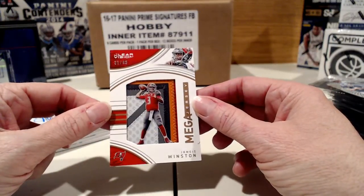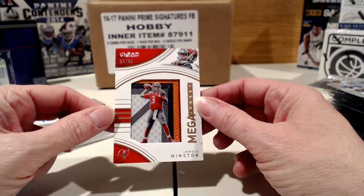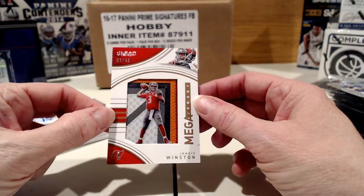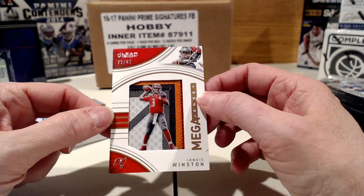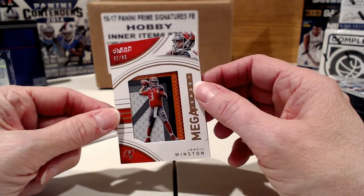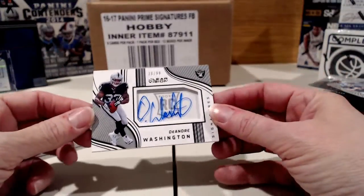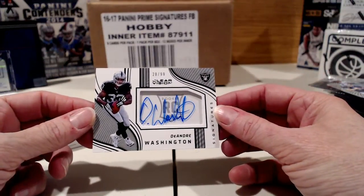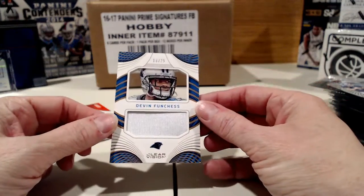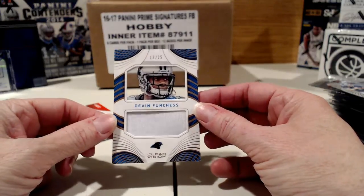All right, so here are our hits recapped, just our main hits, not all of our numbered inserts, from our Clear Vision case break. First up, we have for the Bucks, our Jameis Winston patch, which really is an awesome patch. That's pretty sweet, guys. As far as patches go, that's a nice one. Next up, we have for the Raiders, DeAndre Washington rookie signature. We have our Devin Funchess, close enough, for the Panthers. His patch, rookie,